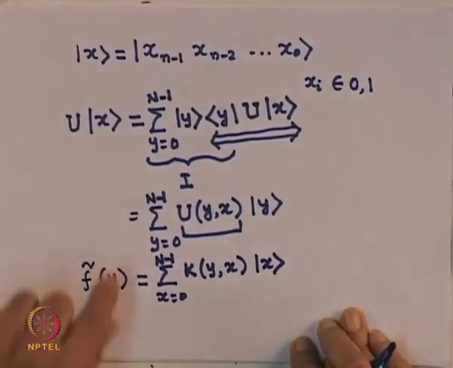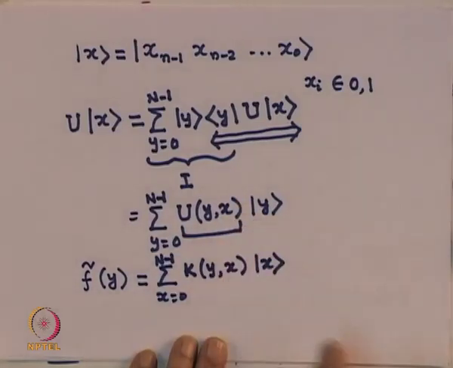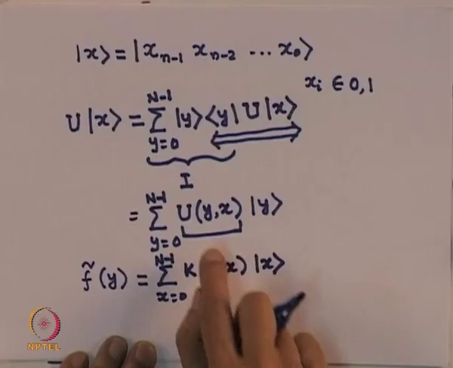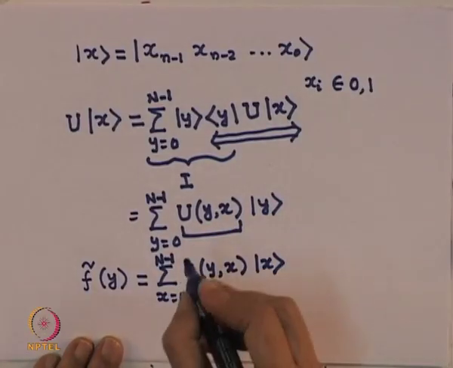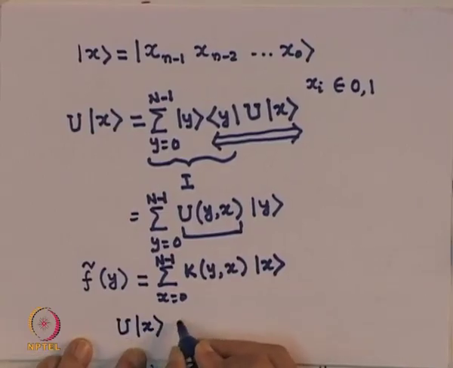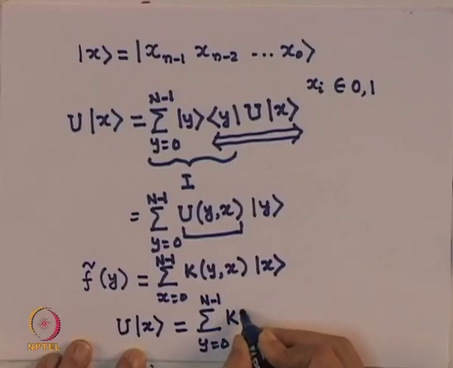So you notice, other than a role change of x and y, these two equations are essentially the same, provided I identify U to be a unitary matrix which gives me this. If U acting on x gives me the sum over y equal to 0 to N minus 1 of k_{xy} y,